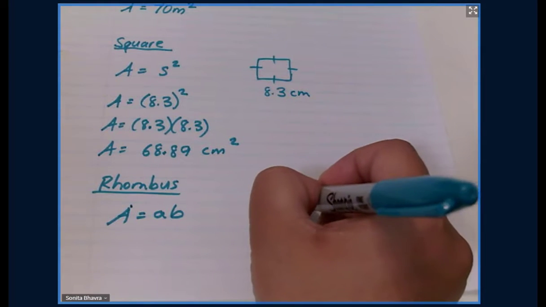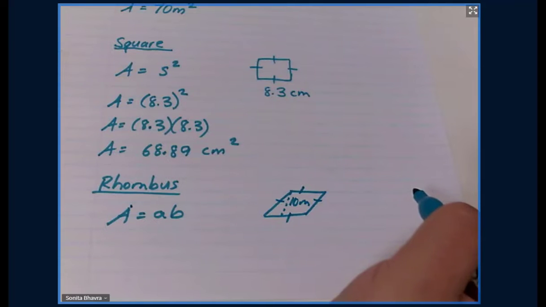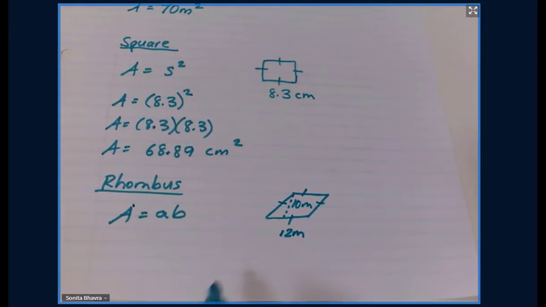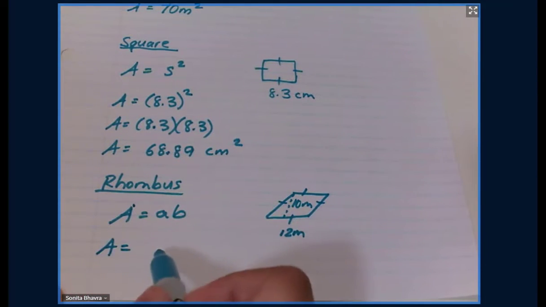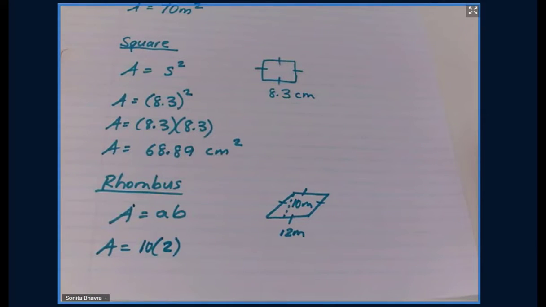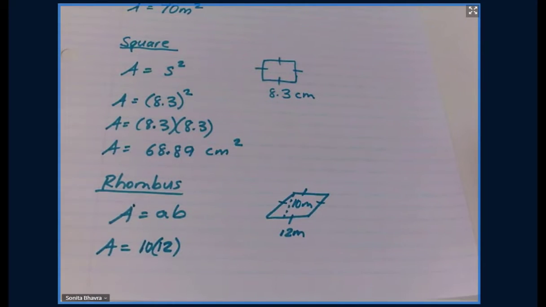In this case, let's say it's 10 meters, and all 4 sides are the same. And in the case of the rhombus, lowercase b represents base. So it's altitude or height multiplied by the base. So area is equal to 10 times, oh wait, this was a 12, so 10 times 12, so 120